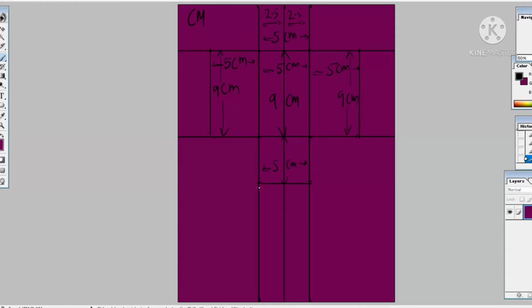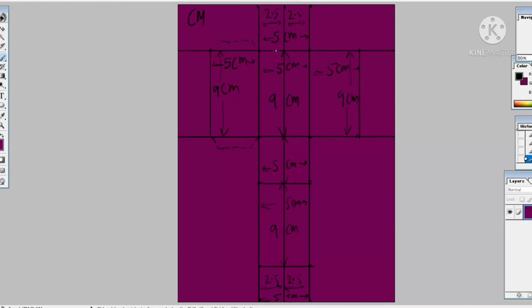All the sides will be 5 cm, and once again I am drawing a 9 cm and 5 cm rectangular shape, respective of my length and width. So you can see this width is 5 cm total, but I have drawn 2.5 on the left and the right, as I did in the first one at the top of our paper. So we have got our rectangle shapes. Length is 9 cm, width is 5 cm.